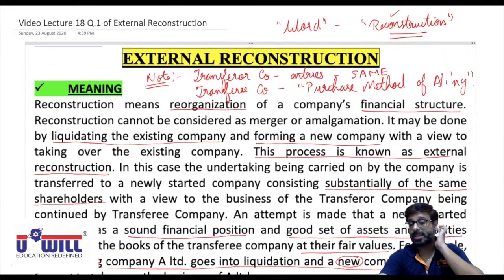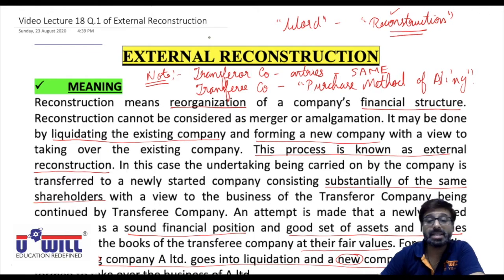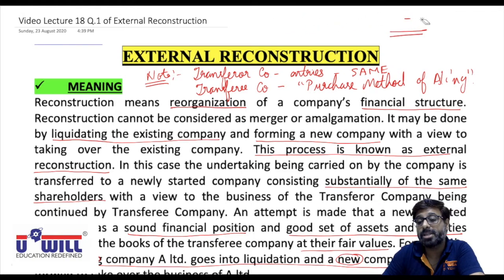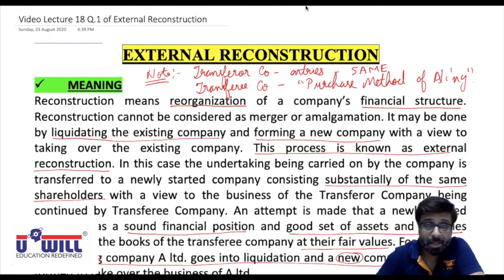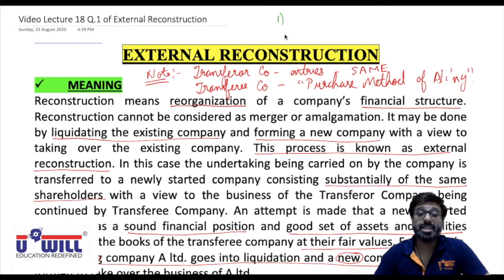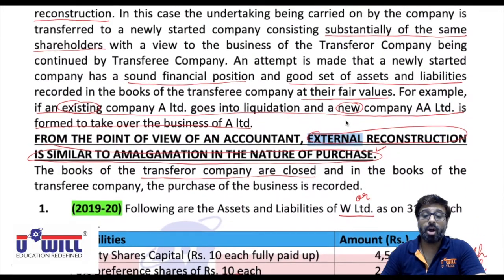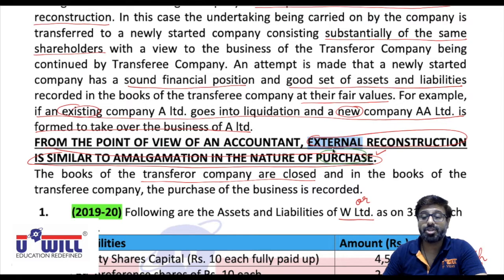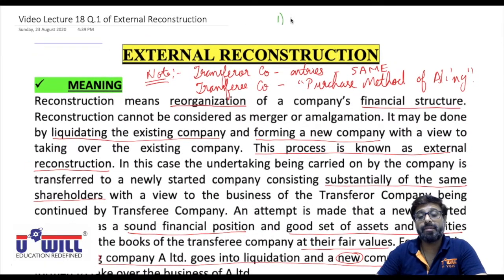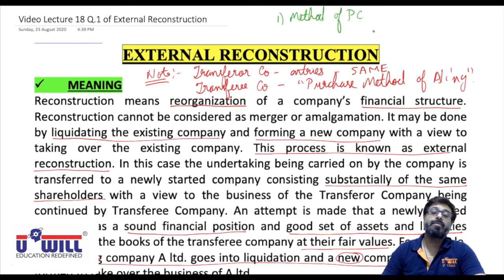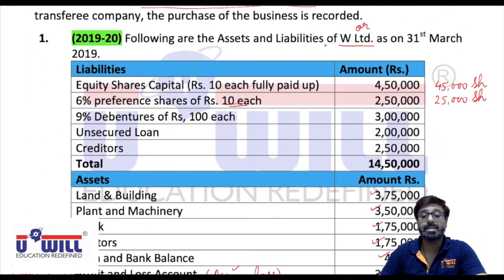Now, before we start, which things do we have to discuss in the beginning? First, is it amalgamation in the nature of merger or purchase? No, I told you, here we don't need to distinguish whether it is merger or purchase. We always have to do it by the purchase method. So only we have to discuss the method of purchase consideration. We always have to follow the purchase method of accounting. Only one thing to be discussed here, the method of purchase consideration.